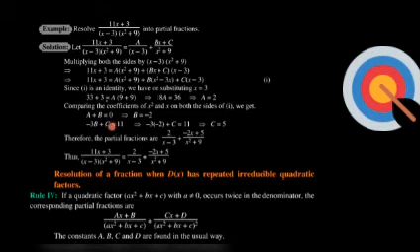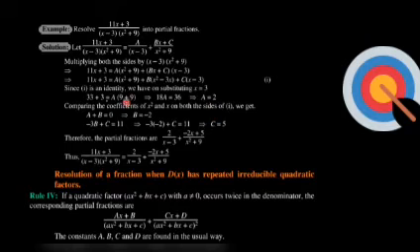For c, I equate the coefficients of x on both sides of the equation. On the right side, x has coefficient minus 3b plus c, and on the left side x has coefficient 11. So minus 3b plus c is equal to 11. Put the value of b in this equation to get the value of c. So c gives the value 5.